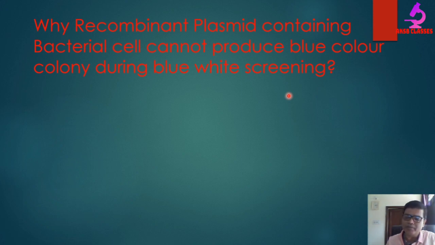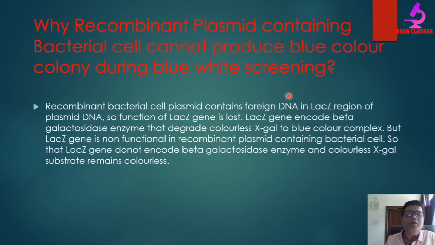You know, blue means the bacterial colony that does not contain recombinant plasmid, and white means the bacterial colony that contains recombinant plasmid. So the recombinant plasmid contains foreign DNA in the lacZ region of the plasmid DNA, that is pUC19